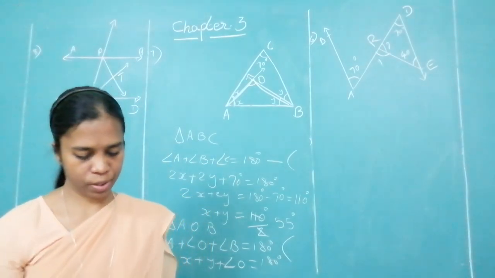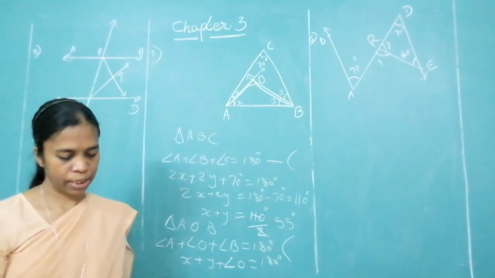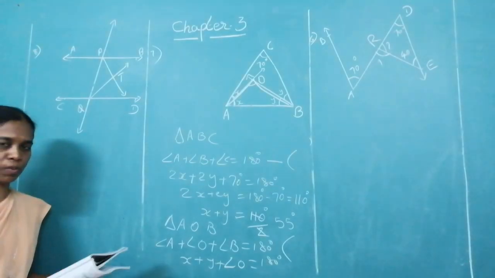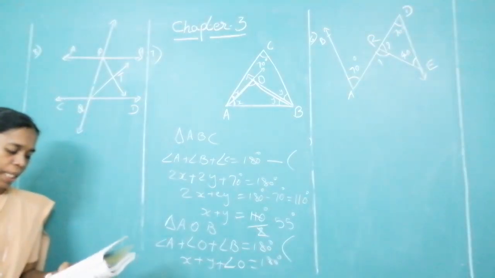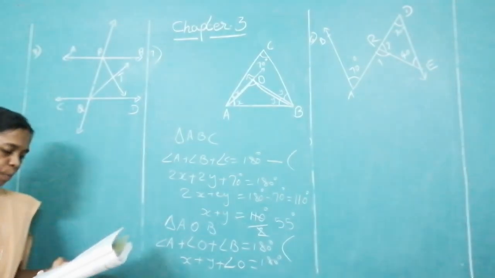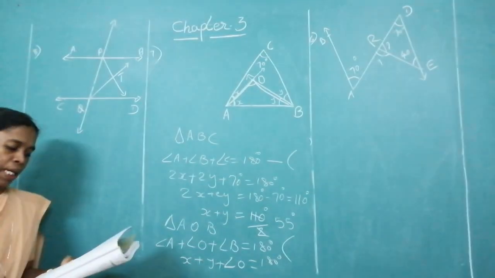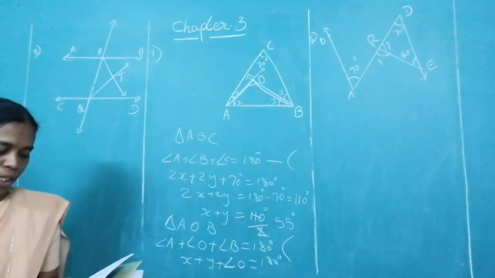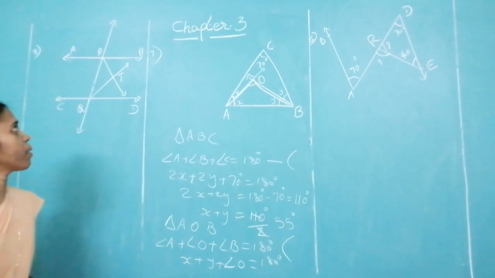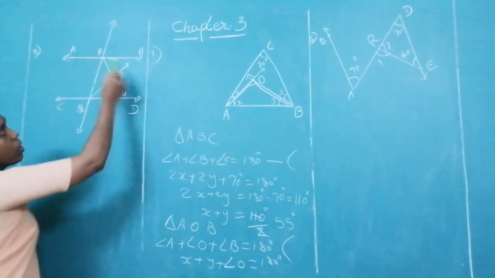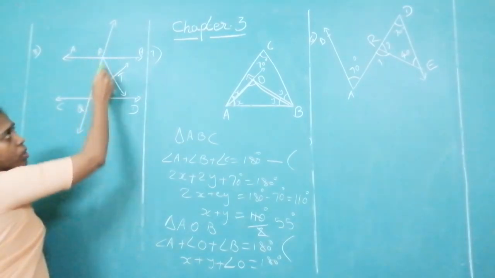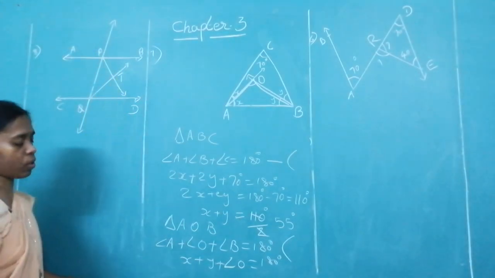Question number 8. What is given to you in question number 8? I have drawn the diagram over here. I suppose the diagram is visible to you. Line AB parallel to line CD and PQ is the transversal. Ray PT and ray QT are bisectors of angle BPQ and PQD respectively. I have drawn that. These are parallel lines. This is a transversal. These are angle bisectors.